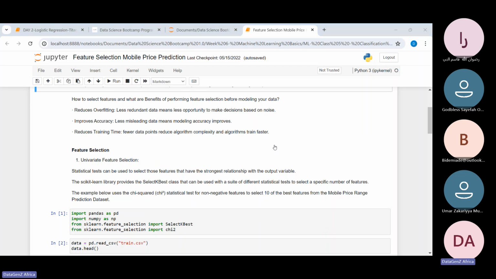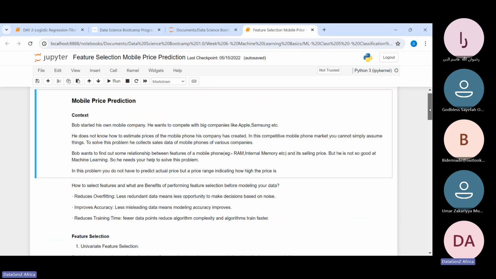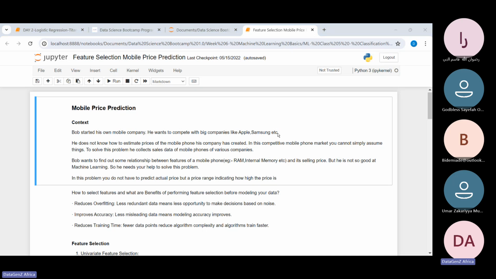Sorry for the break. So, for feature selection using classification, I'm going to give an example of a use case. For example, if we want to predict mobile prices, this is a simple use case where we have